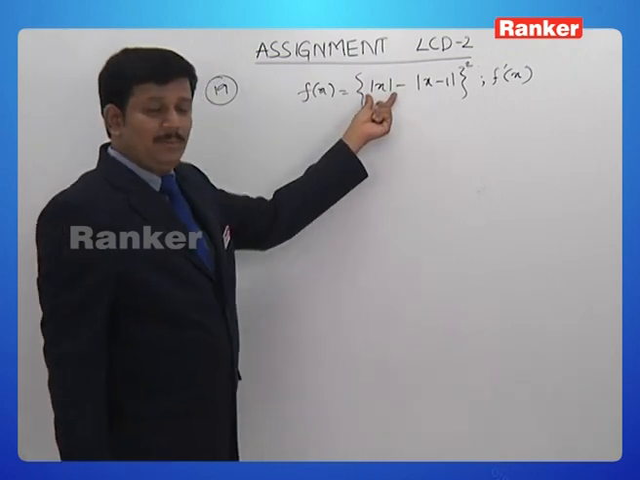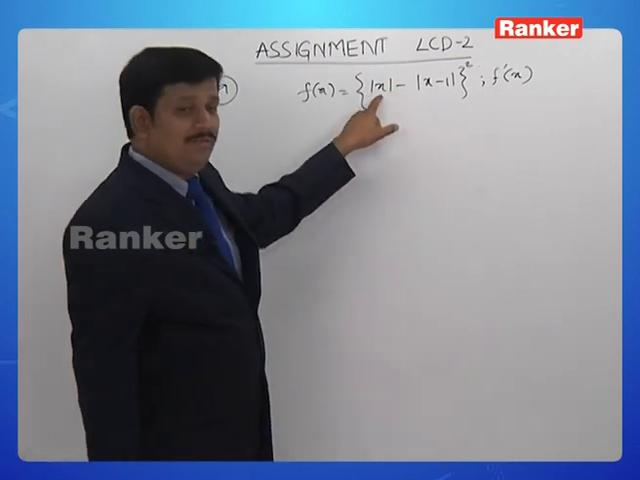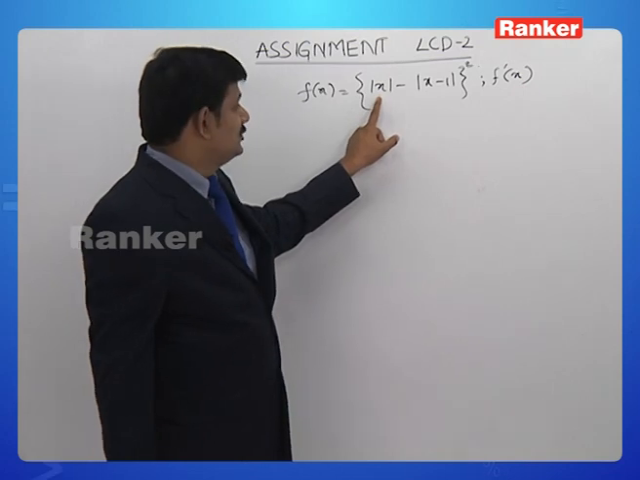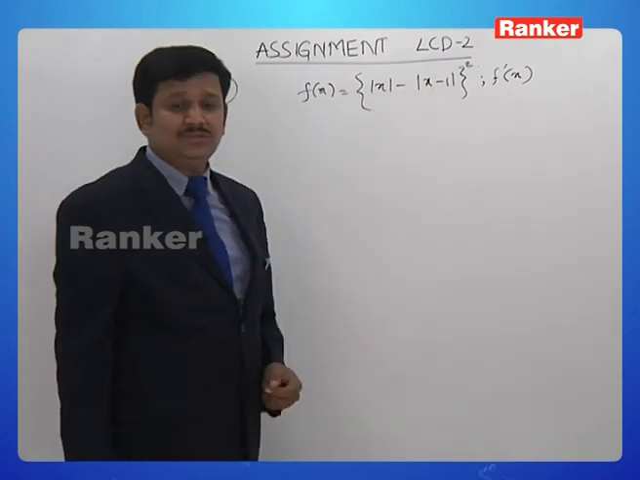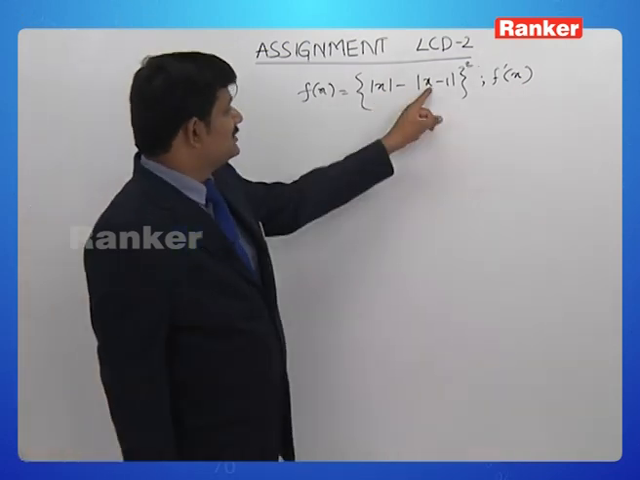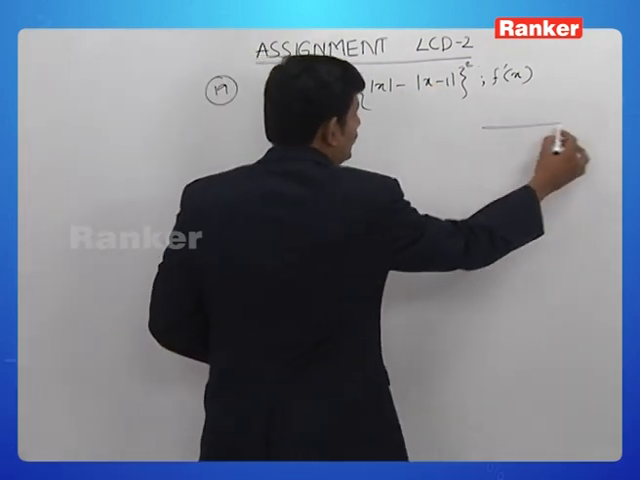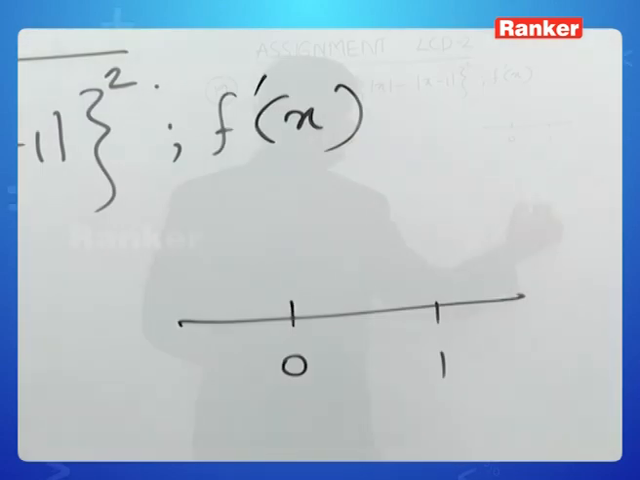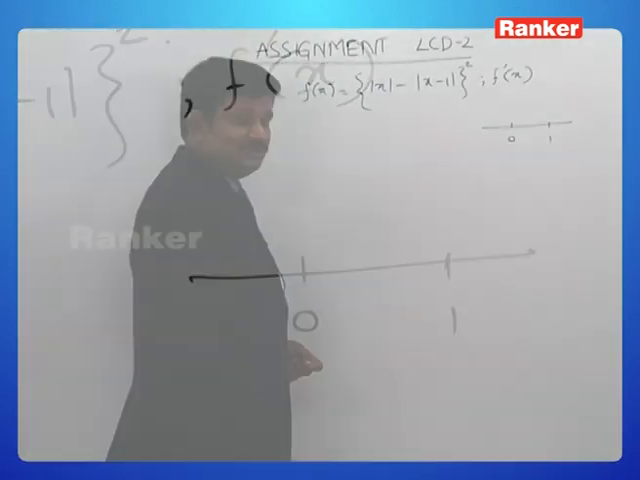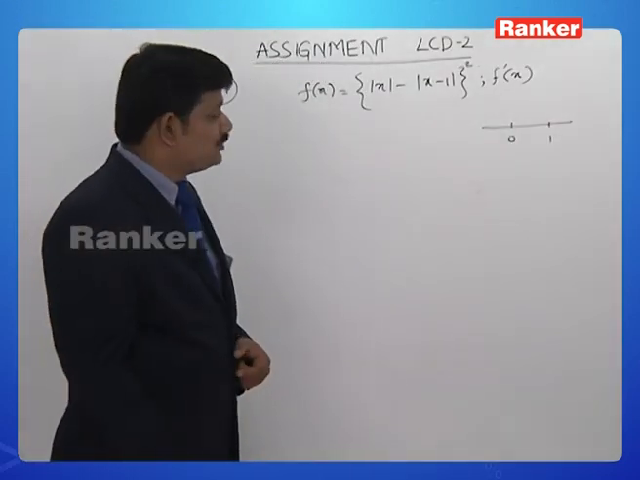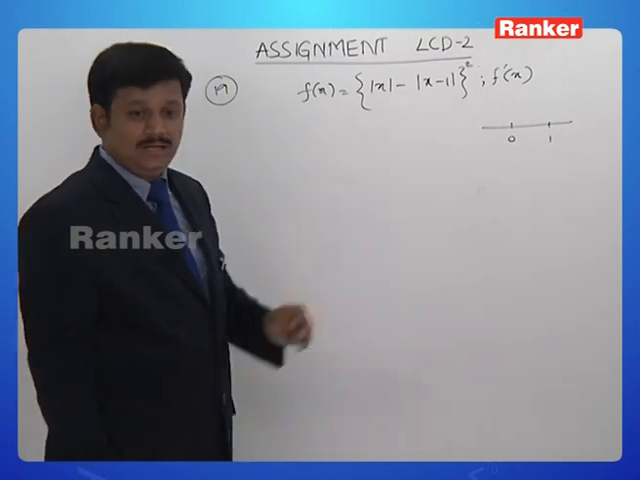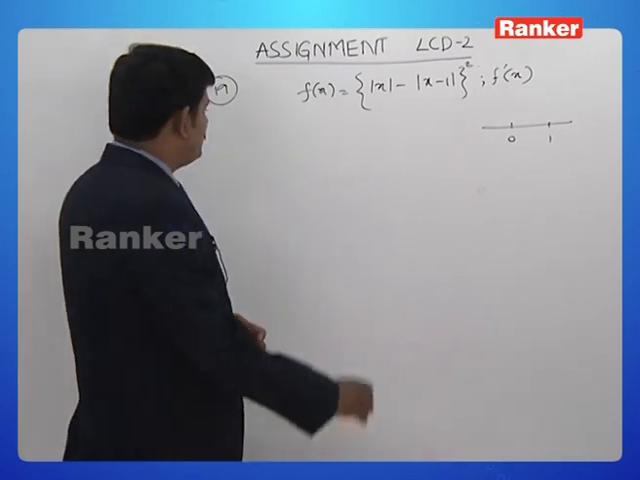Mod x can be properly defined when we know whether x is greater than 0 or less than 0, and mod x minus 1 can be defined when we know x is greater than 1 or less than 1. So, let us cut the number line into 3 cases: x less than 0, x lying between 0 and 1, and x greater than 1. First case,